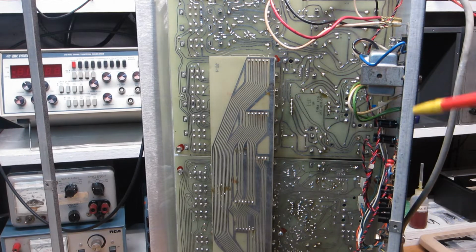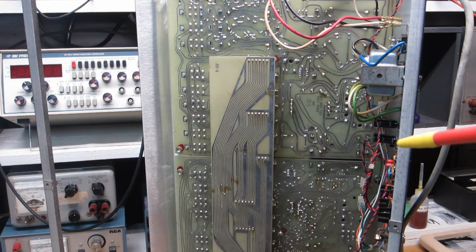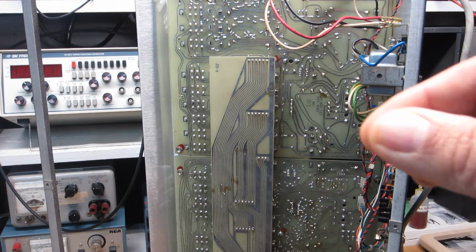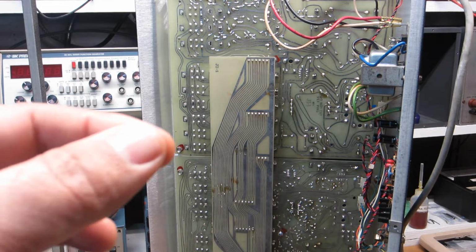all 32 of the VRs, variable resistors or sliders, were in very, very bad shape, very rough shape, and to the point, and this is no exaggeration, where most of them were seized or just about there. I demonstrated in a previous video when I was trying to move some of them just how badly seized up and really stiff they were. Just a lot of old adhesive on the top of the VRs, on the body of the VRs on the top. There was just a lot of crud that had worked its way under the bases of the actual slider